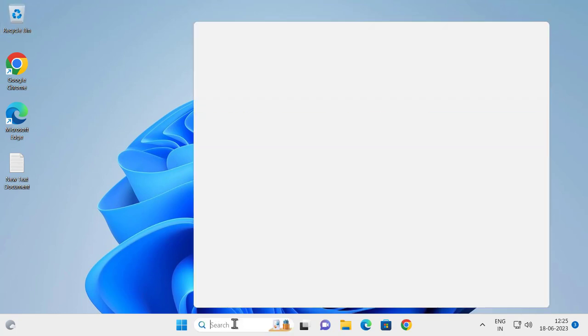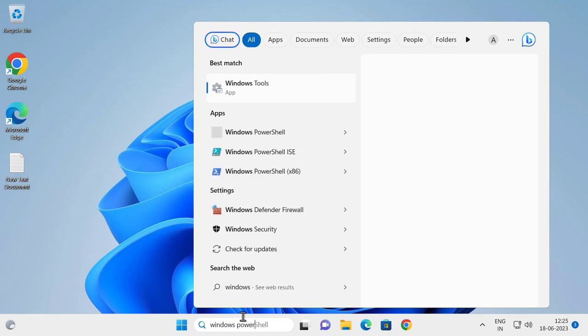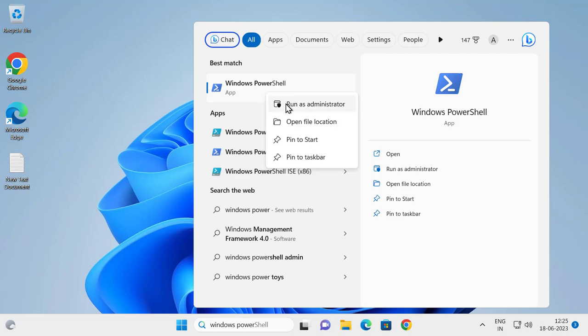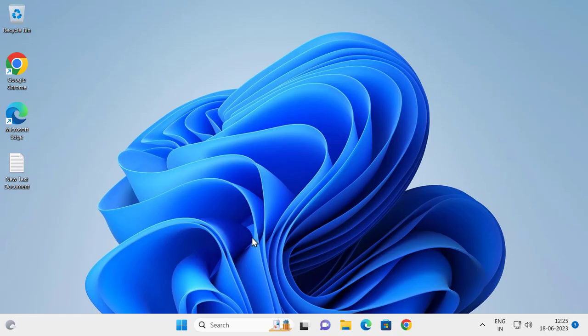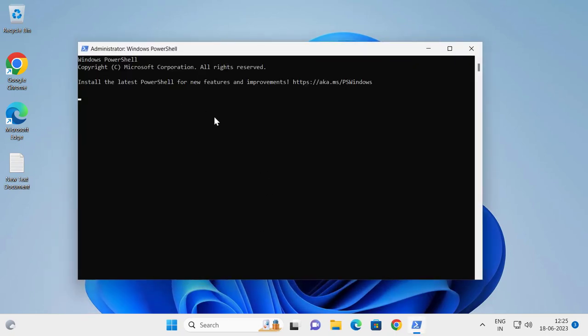Go to the search menu and type Windows PowerShell. Right click on it, select Run as Administrator, and select Yes. Now in PowerShell you just need to type